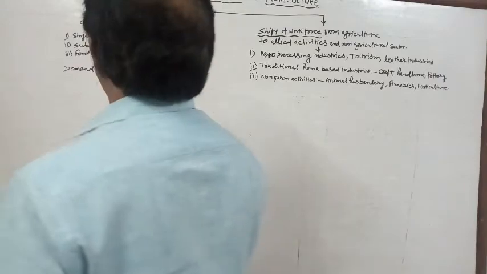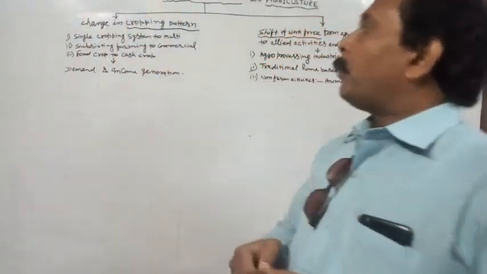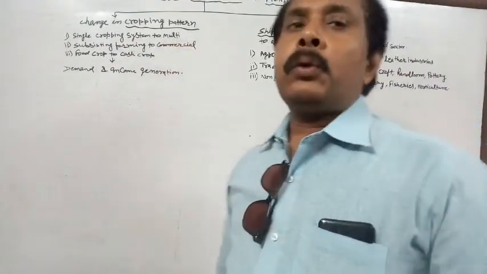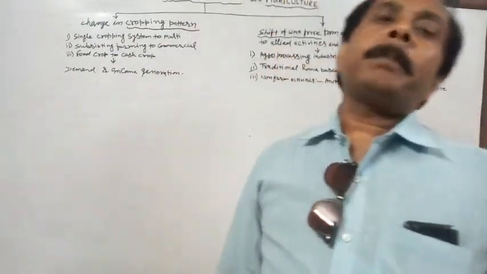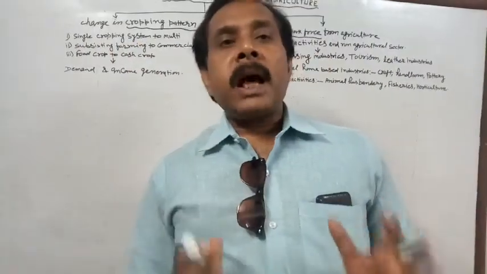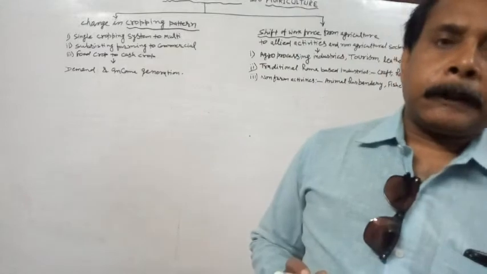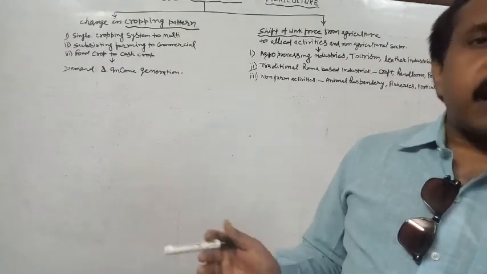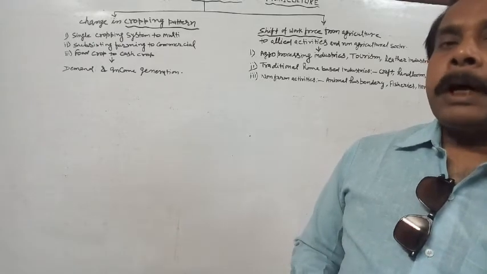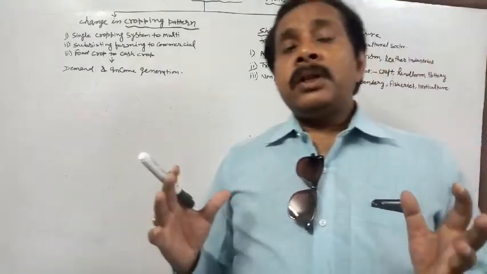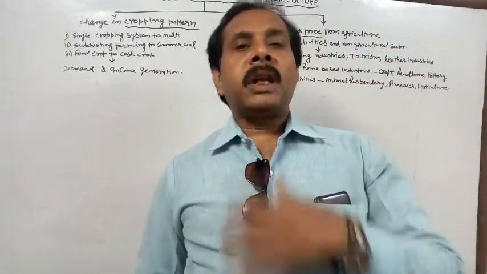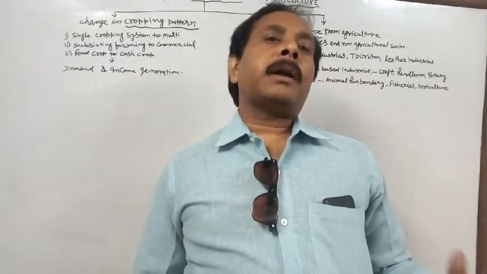Okay, so how will it help the farmers? First, the single cropping system should be converted into a multiple agricultural process. In our country, there is a lack of irrigational facilities. Most of the farmers are unemployed during the summer vacation. Is it clear? In these situations, their income starts to decline because they are unemployed,